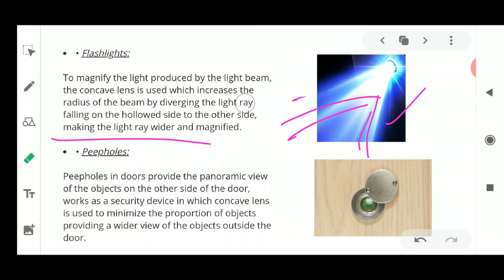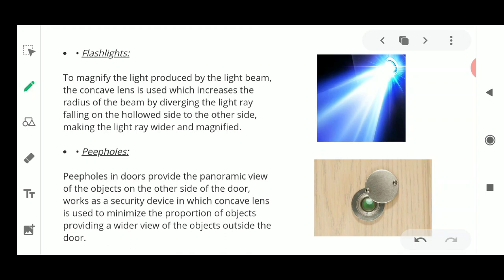So you will see that flashlights are present in the torch. It is present even on the back side of the camera of your mobile. You could see that just beside it you have a flashlight, and it is written over there also that the name given to it is a flashlight. Now why is this known as a flashlight? Everybody has understood, because it is flashing the light in all the directions. It is going to light up the place where it is focused.